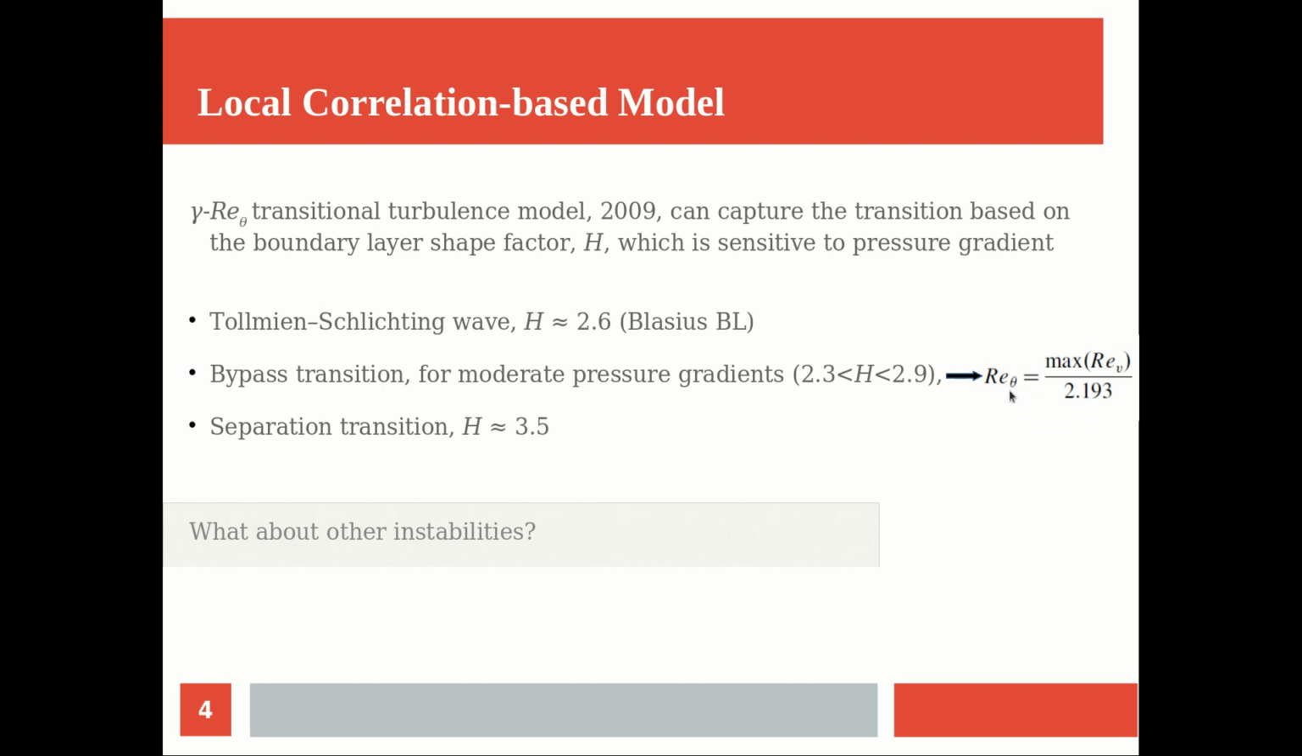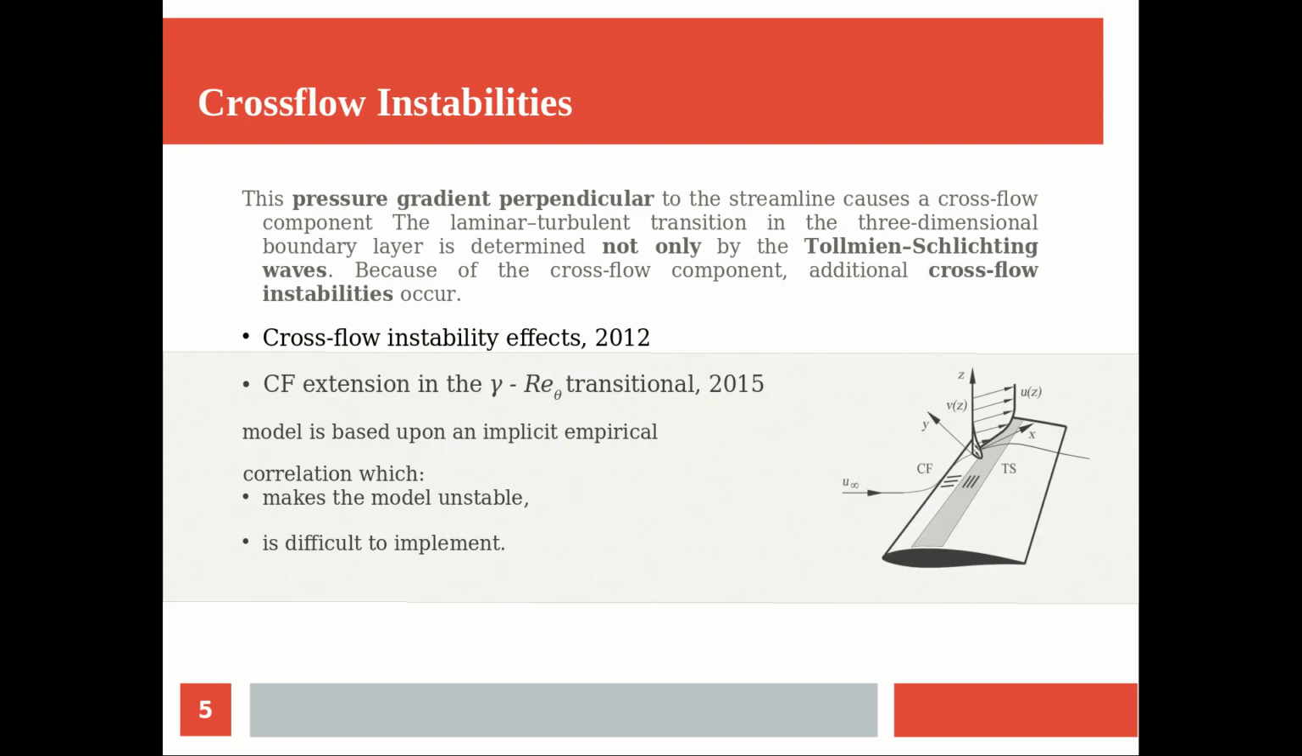So you don't need to integrate along the boundary layer to find the momentum thickness. They correlated Reynolds theta to the vorticity Reynolds number, so it becomes locally correlated. So you don't need any value from somewhere else in the domain. But in fact that model considered just those transitions,